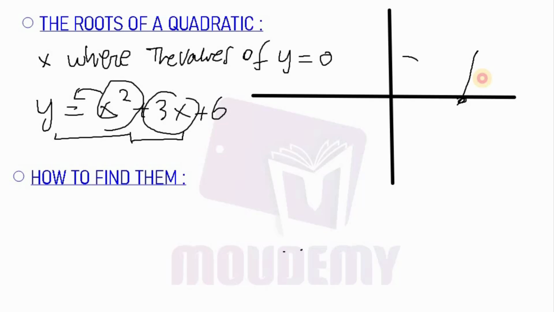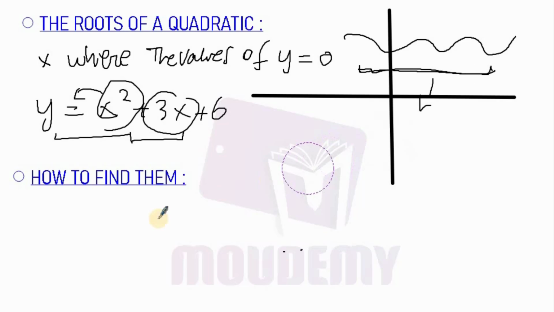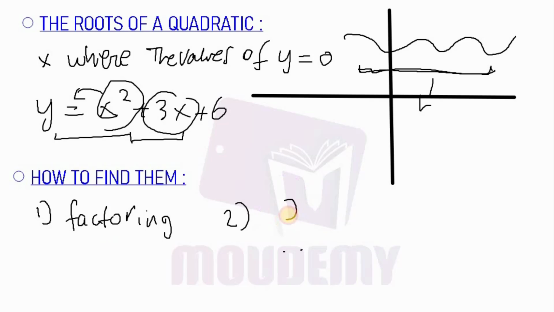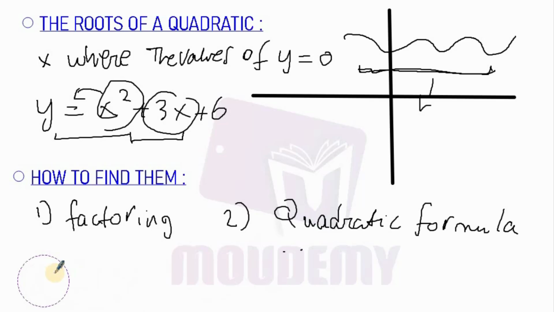For example, if you have a graph like this, you can see that there are no x-intercepts, but this graph may have imaginary roots, and the way we can find them will be discussed later. Now, how do we find the roots of a quadratic? We have three ways to find them. The first one is by factoring, the second one is by the quadratic formula, and the third one is by the